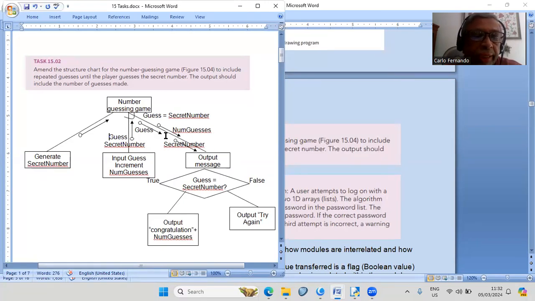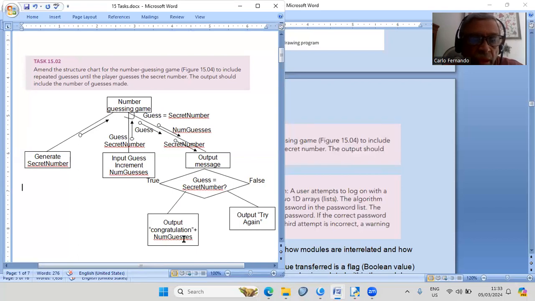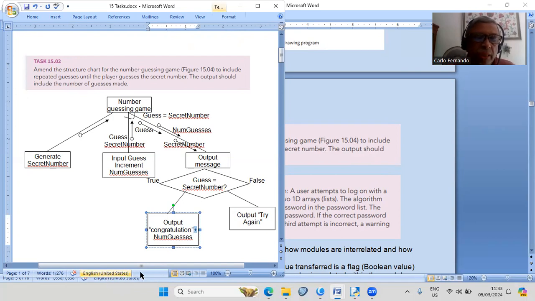Check these two, guess and the secret number. Are they equal? If it is equal, output congratulations plus the number of guesses also, because this says the output should include the number of guesses made. So output congratulations plus number of guesses. Num guesses is the variable used to accumulate the number of times, and the plus is the concatenation symbol